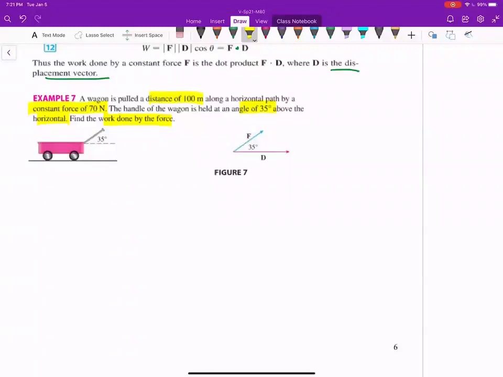So, as shown in this figure, the wagon is making an angle of 35 degrees to the direction of motion. It is pulled through a distance of 100 meters. So the length of D is given in the problem, which is 100 meters. Then the length of force is given to be 70 Newton. Then the angle is also given, which is 35 degrees. So work done, if we use that formula, which is F dot D,